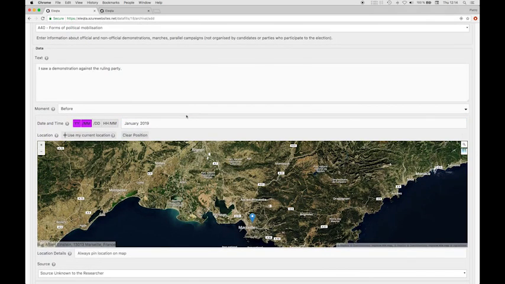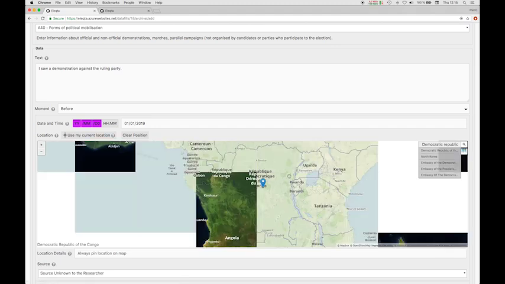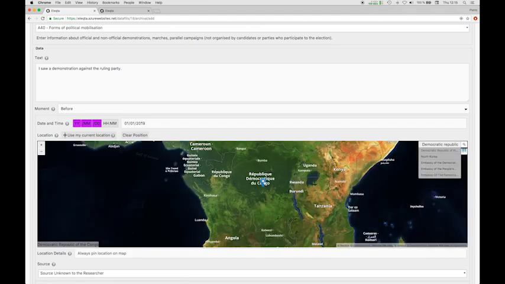As I said before, for content information that is sourced from the media, we do not want to know where you were when you found this information. What is interesting to us is to know to which area this information is spread. So let's say you found this on national media for the DRC. You will therefore indicate that this information is spread throughout the entire Democratic Republic of Congo,